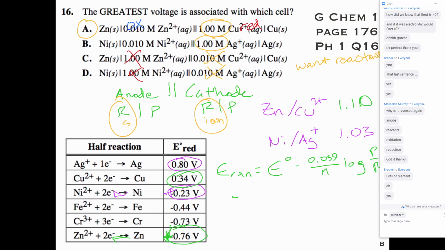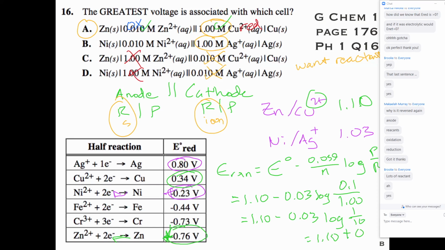So plugging in, we're going to get 1.10 minus, in this one, 2 electrons are being transferred. So it's 0.03 because 0.059 over 2 log of products over reactants, 0.10 right there over 1.0 right there equals 1.10 minus 0.03 log of 1 over 10, which is -1, so